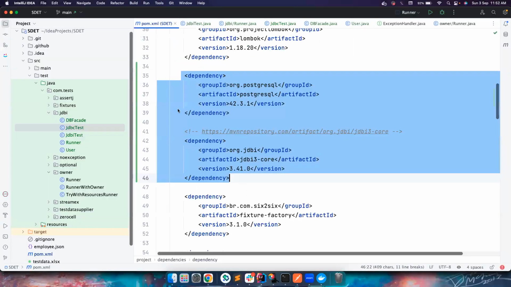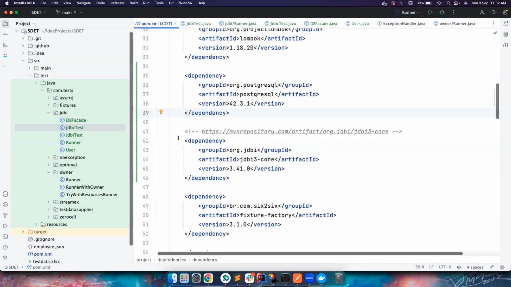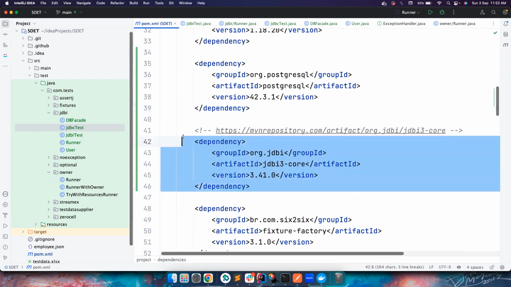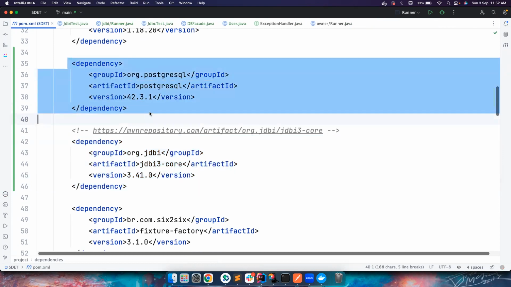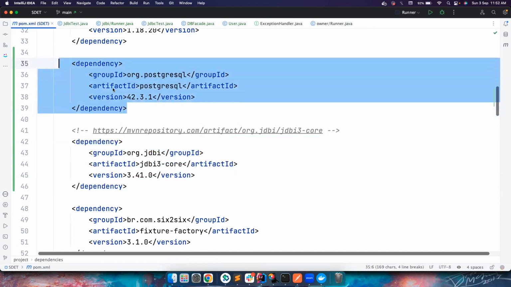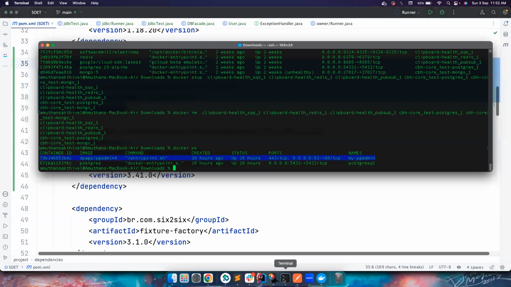So first things first, if you want to use JDBI, you can add this JDBI core library to your Maven dependency. Since we are working with Postgres, I have also included the Postgres dependency in the pom.xml. So as simple as that. But okay, Amudan, where is your Postgres running? So if you notice here,